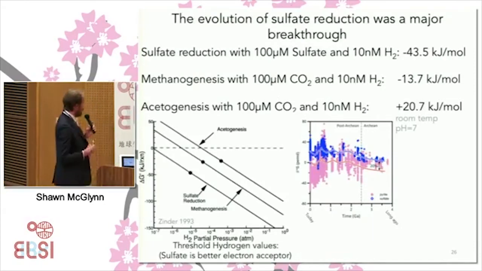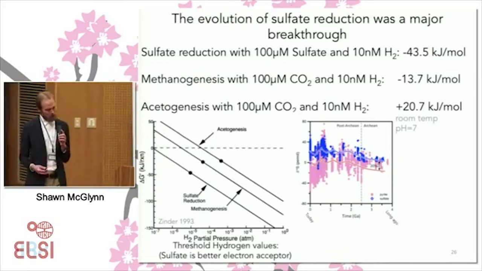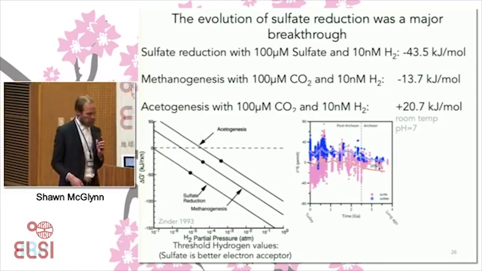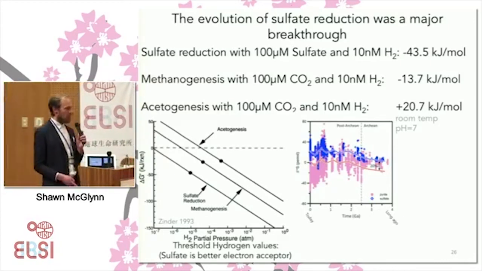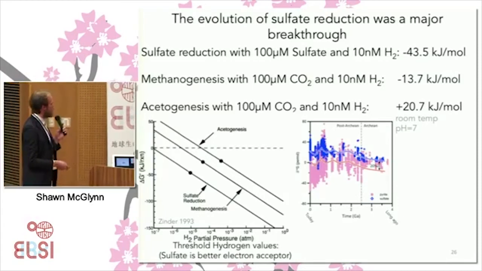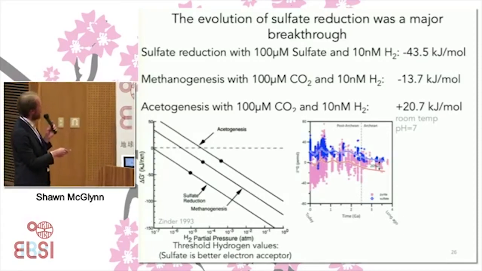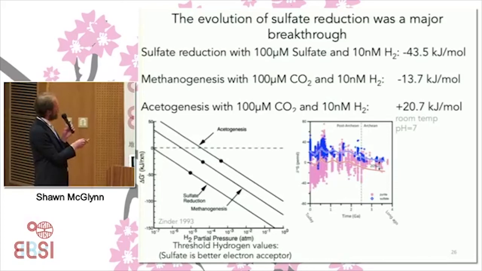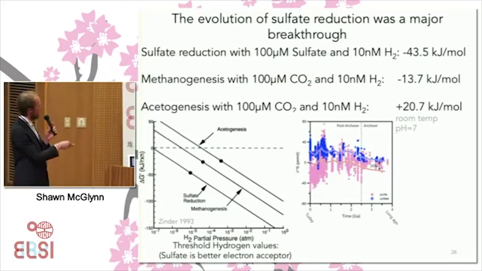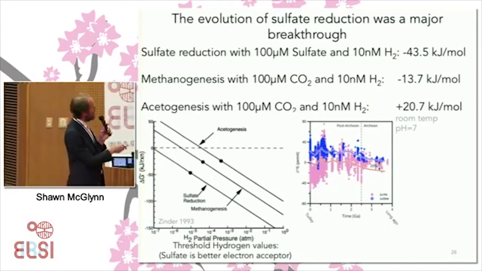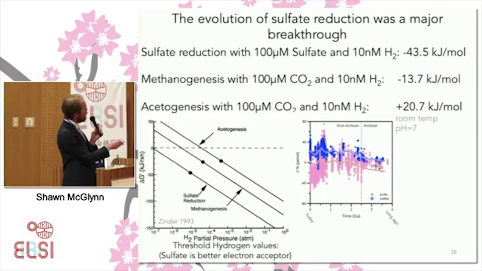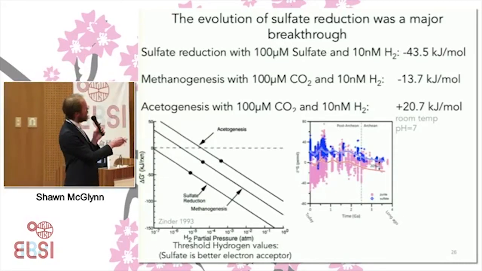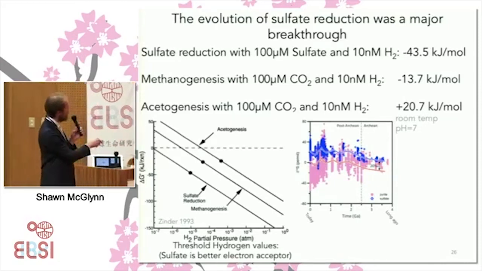And to help us probe this idea and interpret it, we can think of what sulfate reduction might have meant evolutionarily if you were a microbe swimming in the ocean in the Archean and you were using hydrogen. If you were a sulfate reducer or a methanogen or an acetogen, we could use the concept of the threshold concentration of hydrogen and the expected energy yield for the same concentration of hydrogen to either take electrons from hydrogen and reduce sulfate, or take electrons from hydrogen and reduce CO2 in either of these two different ways.